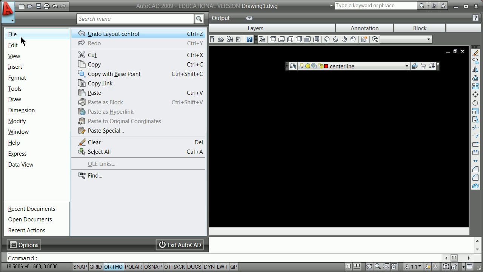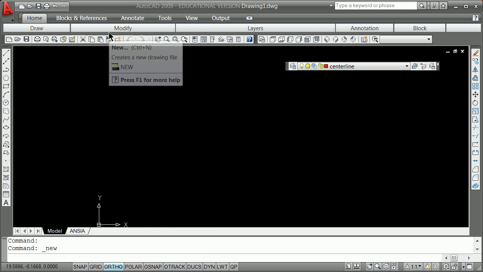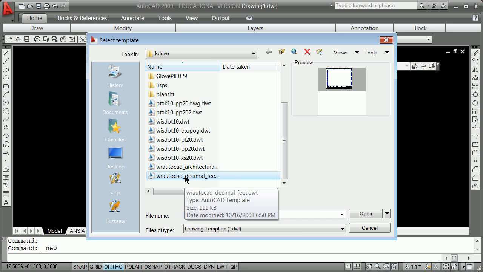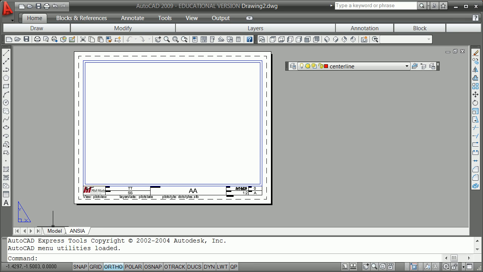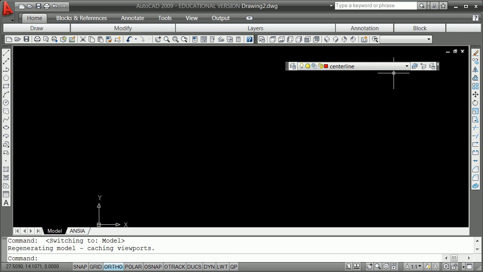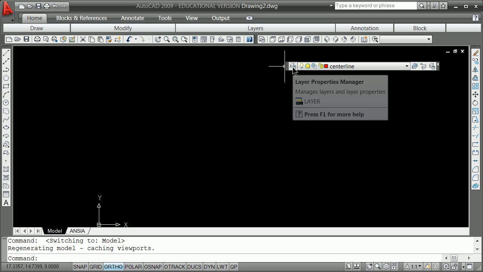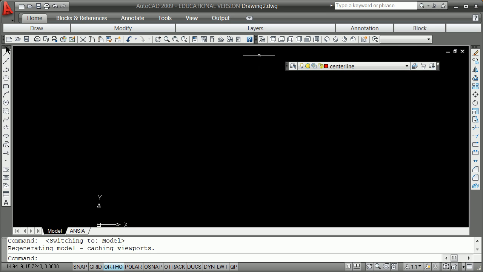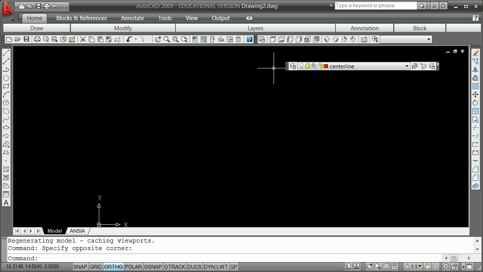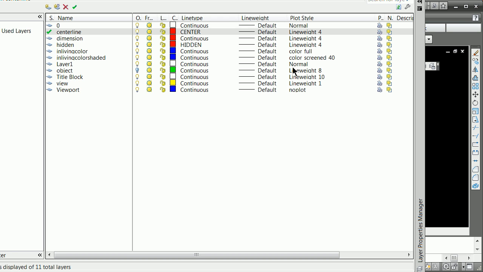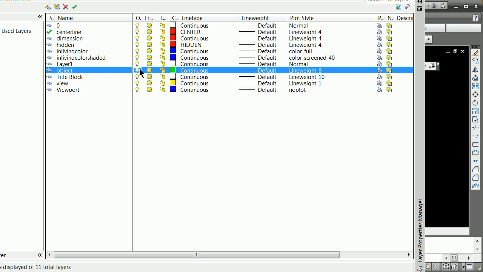File, New, grab the decimal template. Immediately when you get into something, get out of that white, which means paper. Get here and use that's the layer toolbar. You get the layer toolbar by right-clicking on any toolbar, setting of toolbars, learning to click on the layers here, because I have that set, and not only clicking on but double clicking what you want to be your current